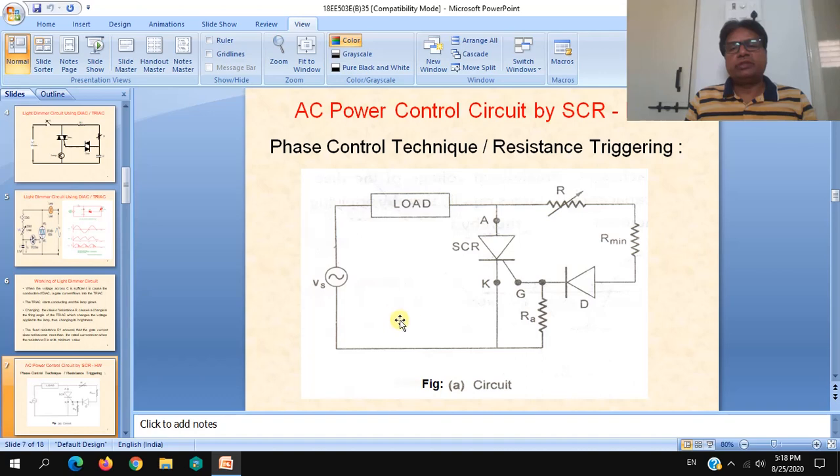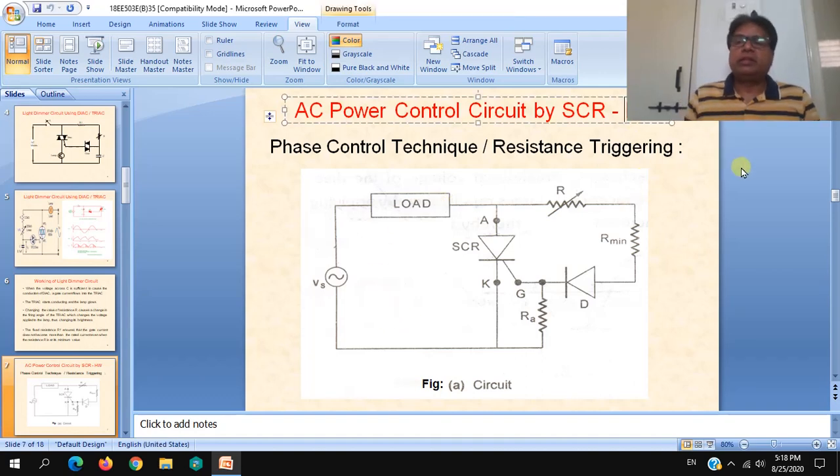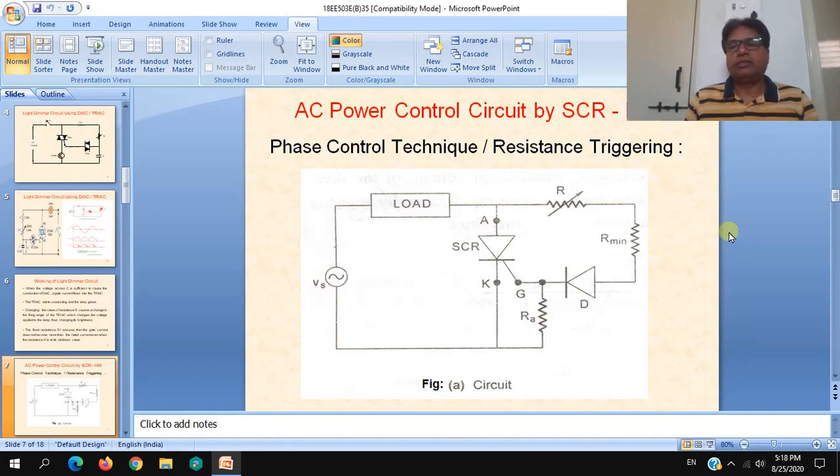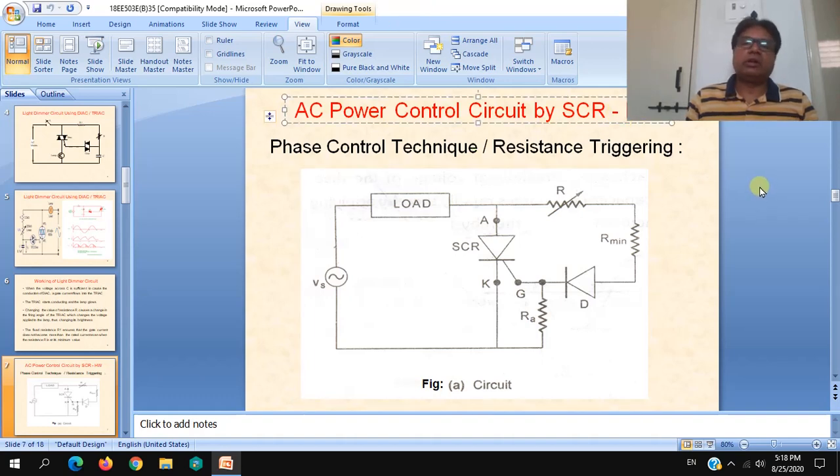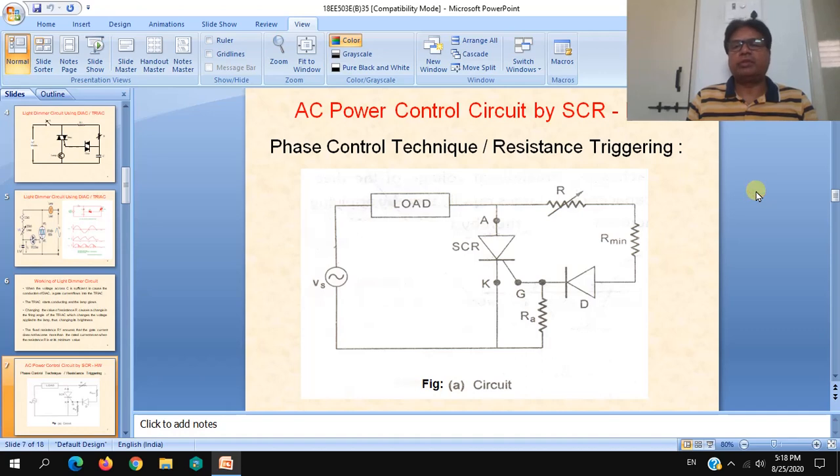Again, when it comes to DC, the power control can be introduced in only a given half cycle or full cycle, or full wave. So this is the circuit which is employed for power control in half cycle only, or half wave power control only. Current flowing through the load will be controlled only in a given half cycle. And this is the same old circuit which we have discussed in the previous sessions long back during